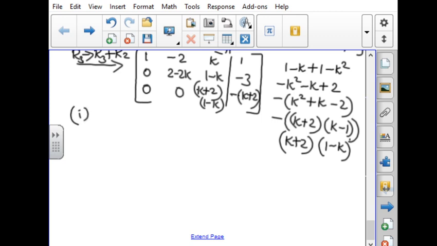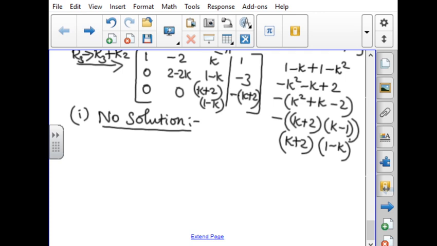First one, we are asked about no solution. For what values of k will we get no solution? The condition for no solution is rank of A is not equal to rank of A bar B. So we have to check this place. This place should become 0, and this place should not become 0. So k is equal to 1 and k is not equal to minus 2. If k is equal to 1, this place will become 0, and if k is not equal to minus 2, this place will not become 0.